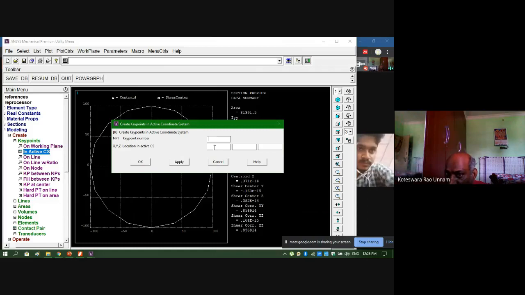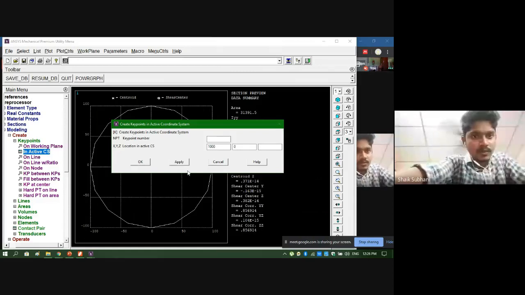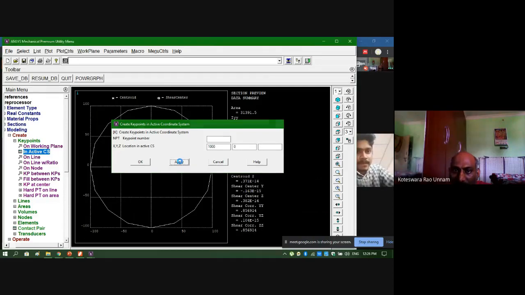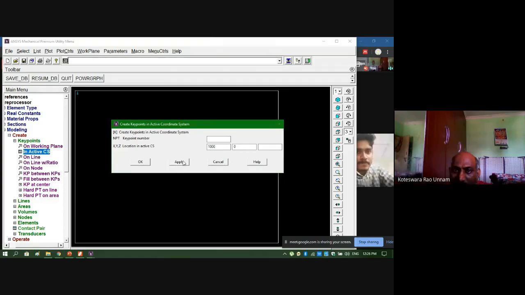By default the software will give the numbering, so I'll leave the key point number blank and give only the coordinates. For the first key point the coordinates are 1000, comma 0. Then I'll click apply, because once I apply, this dialog box stays open. If you click OK, it will close. Because I want to create more key points, I am using the apply option. At the end, I'll use the OK option.